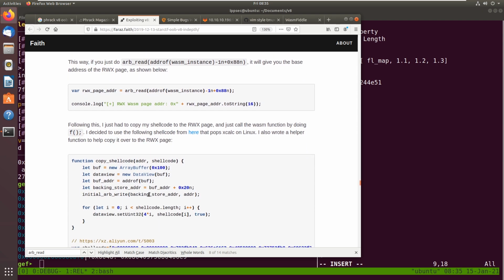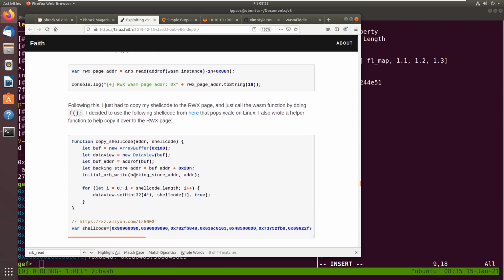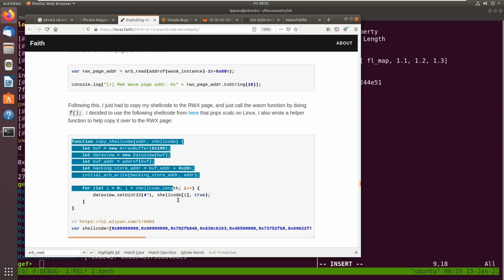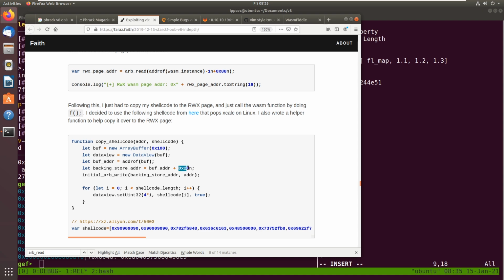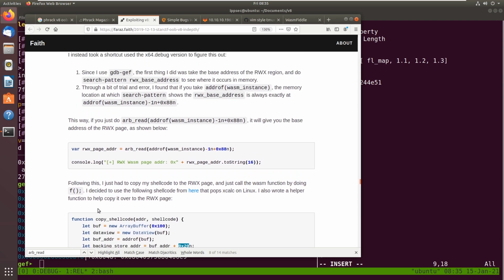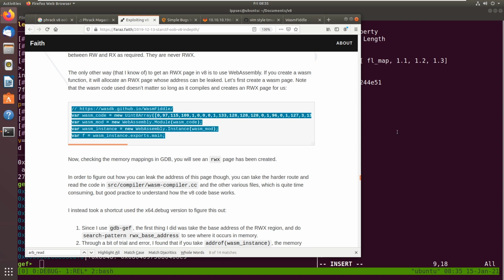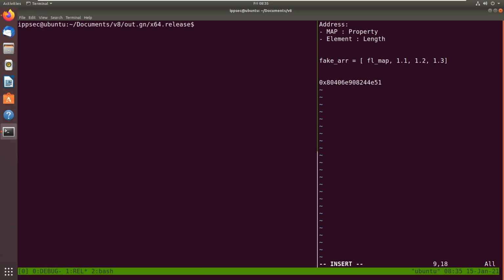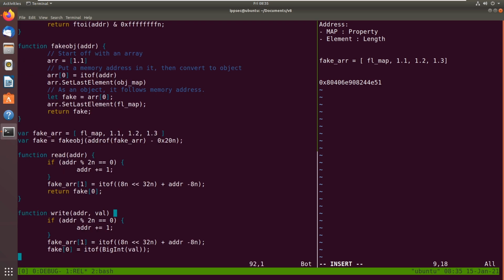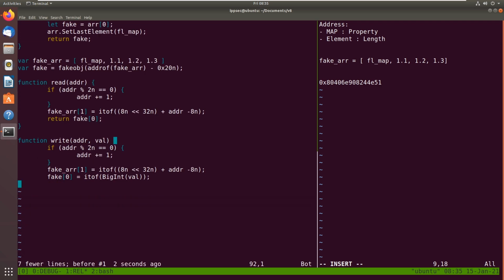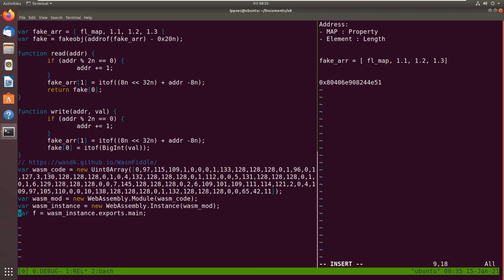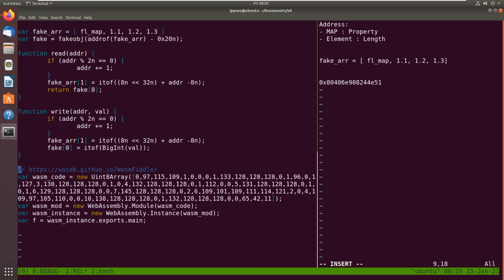The one thing we're going to have to do at this point is get the isolate root, which is, I believe, going to be the backing store address. So this syntax is almost identical. I think the only thing we have to change is this 20 to make it a bit smaller. So let's see. Where is this? Let's add this into a pwn.js. So vim pwn.js, set paste. So now we will be able to create a